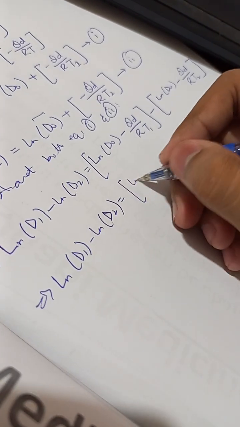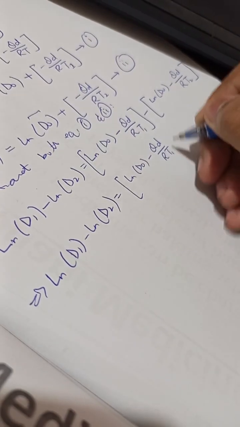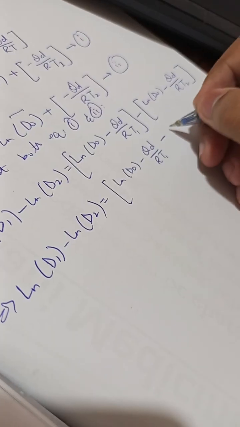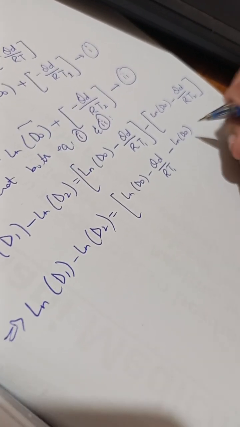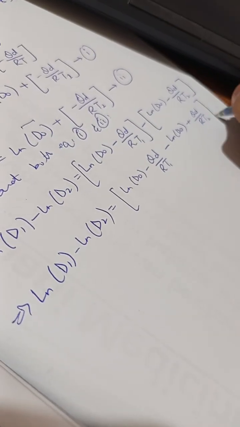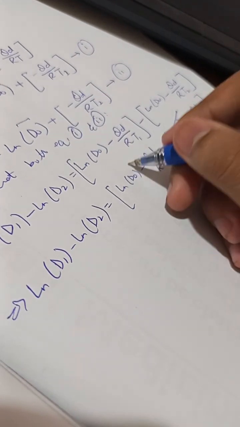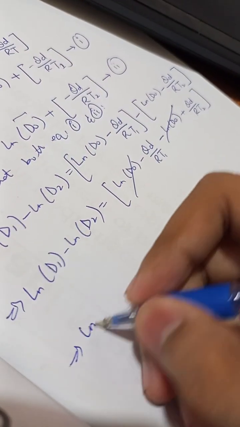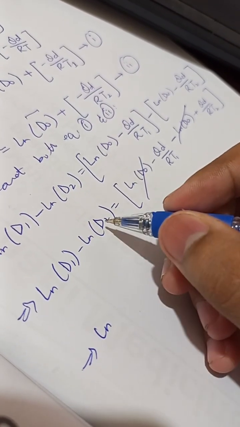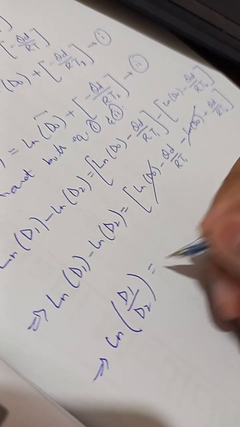Okay, ln D0 minus QD over RT1. Now we are going to merge the brackets: minus plus minus ln D0 minus plus QD over RT2. Since this and this have opposite signs, these will cancel out. As I said earlier, something like this will happen. Okay, this is ln D1 minus ln D2. So apply the property over here, ln D1 over D2 is equal to,